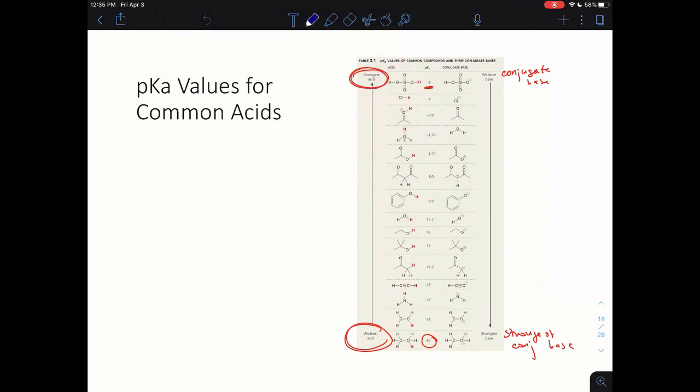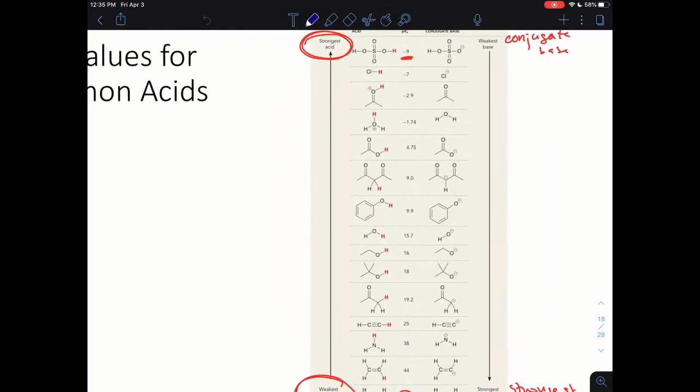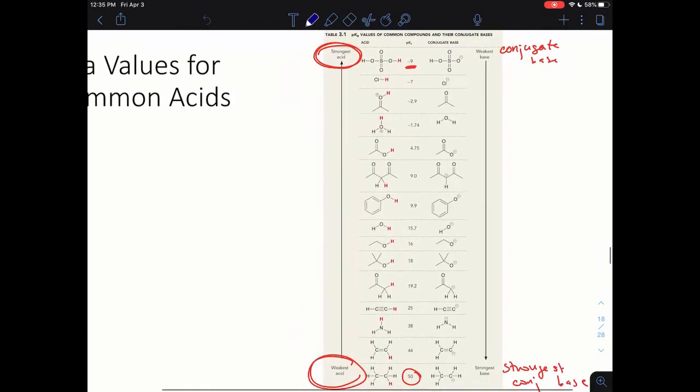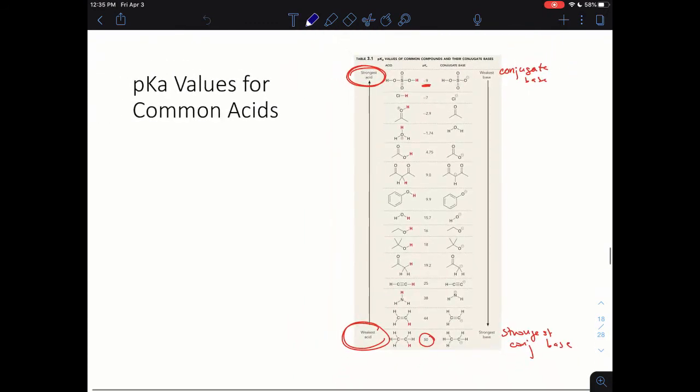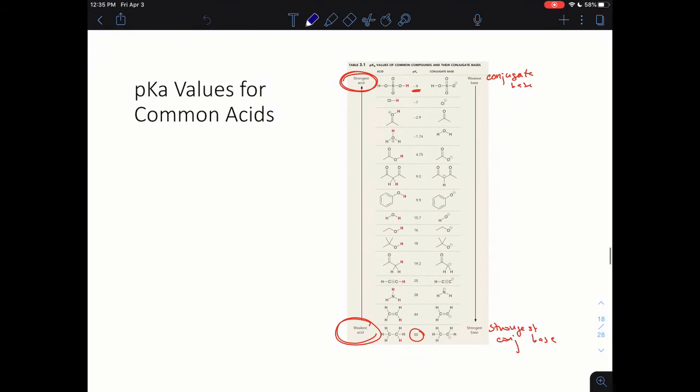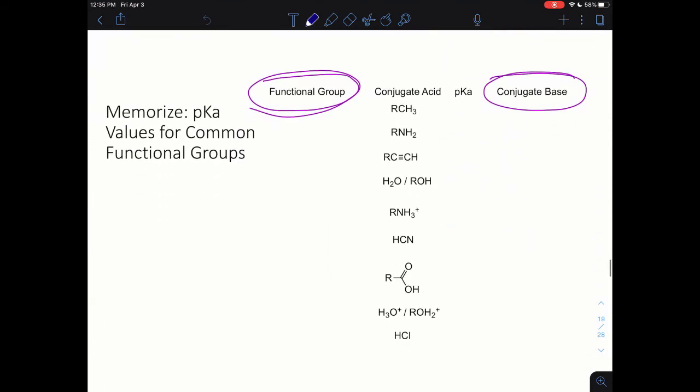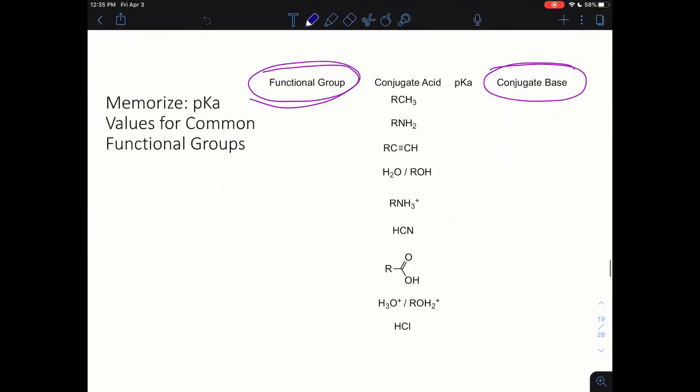pKa data exists for many compounds. You can look up the pKa data like this for all kinds of compounds. It's been measured by physical organic chemists. However, every chemist should really have some basic pKa values memorized so that they can make quick comparisons and make